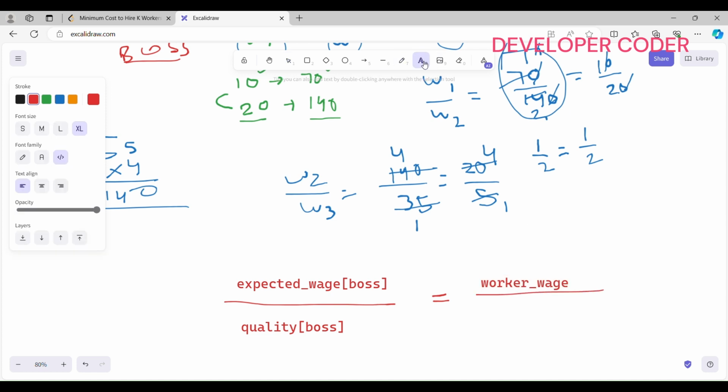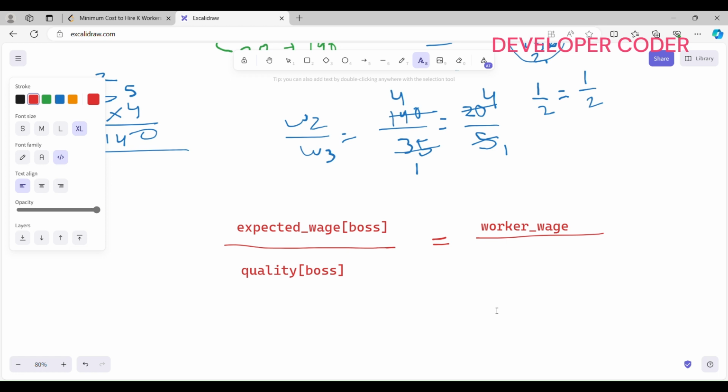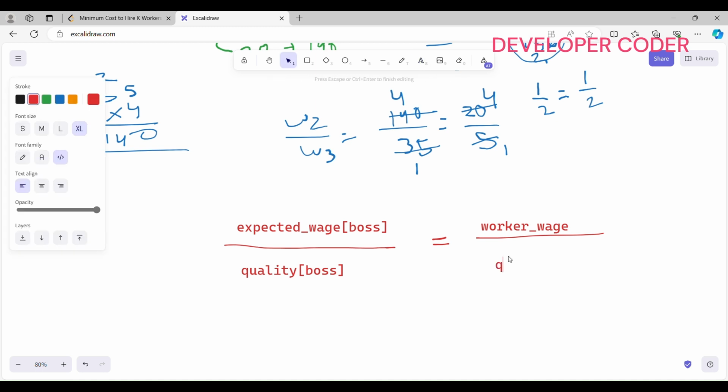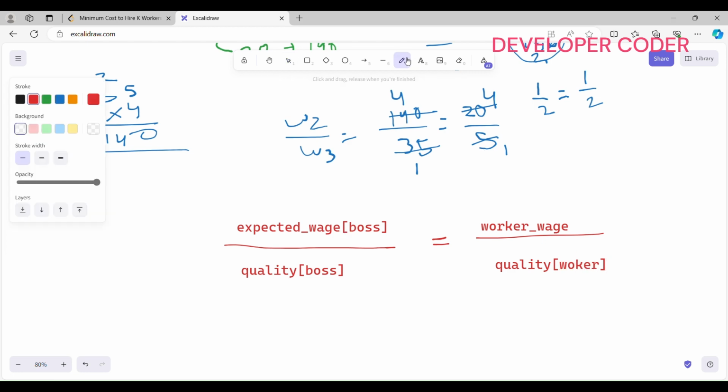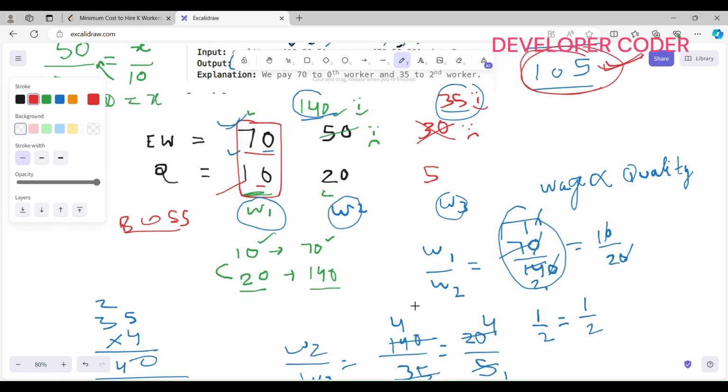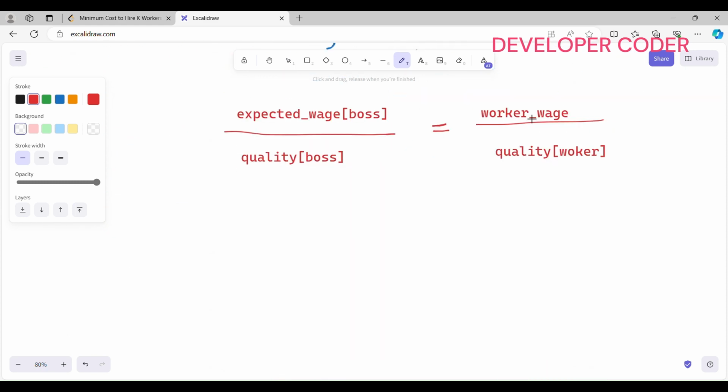And after that, below is nothing but the quality of my worker, right? Below I am going to write quality of my worker. Okay, so I hope that this thing is clear. Okay, this is the formula that I am using here: 30 by 5x by 20. Okay, so here if I want to find, okay, so I can say